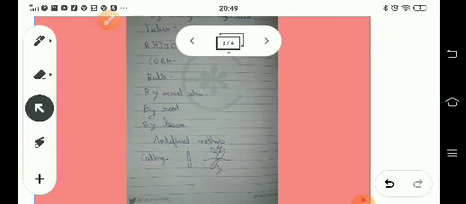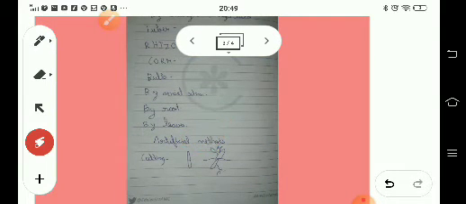Now, if I talk about artificial methods, the natural vegetative processes take a lot of time. In artificial methods, such time is not taken because it is done by humans. Cutting: a stem is taken with an axillary bud, right? The bud at the lower end will develop roots, and the upper end leaves. When planted in the soil, they grow into a new plant. Examples of this you can take are sugar cane, pineapple, and bougainvillea.